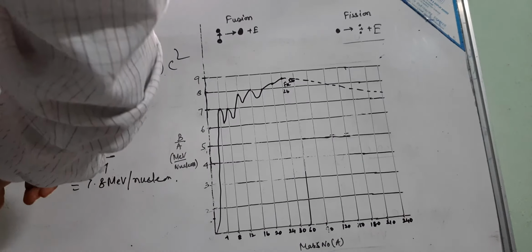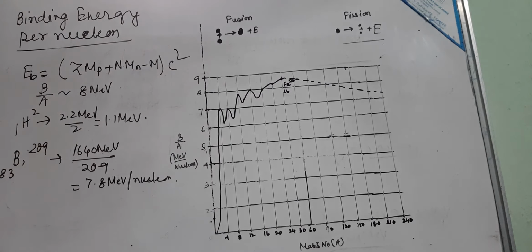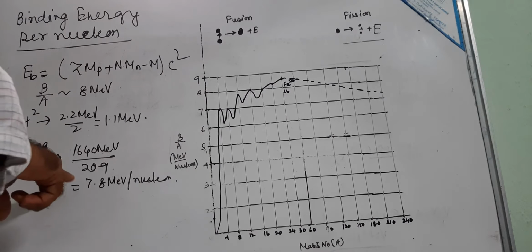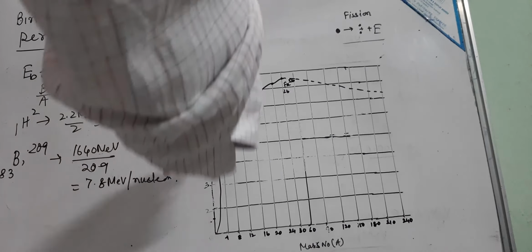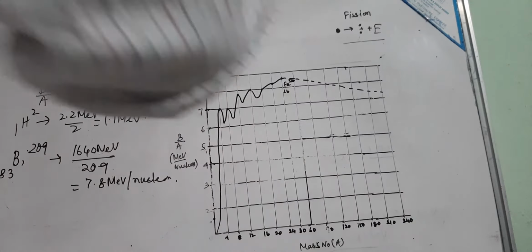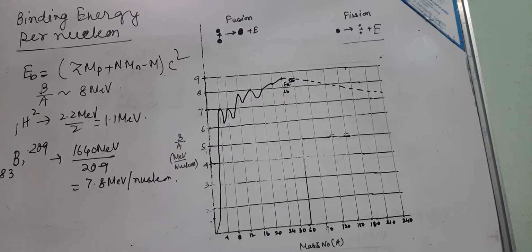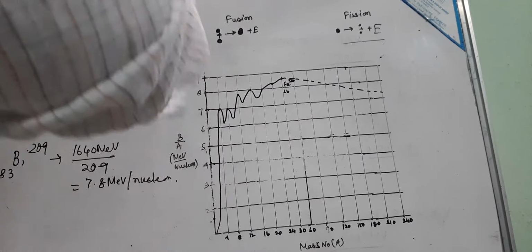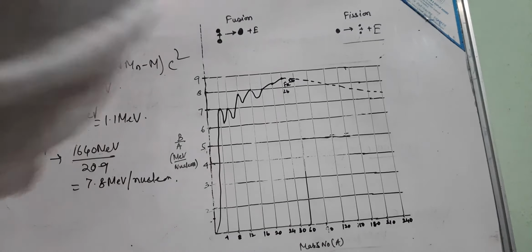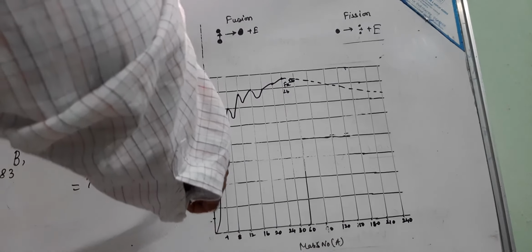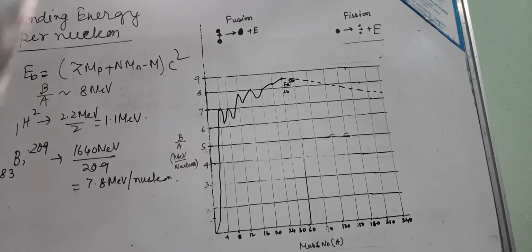So we are finding the binding energy per nucleon. First we calculate the binding energy of the nucleus, then we find the binding energy per nucleon. Now we want to plot this binding energy per nucleon against the mass number. When we plot it, we find that if the binding energy per nucleon is more, then the stability of the nucleus is more. So ultimately we want to study the stability of the nucleus by plotting a graph of the binding energy per nucleon with the mass number.